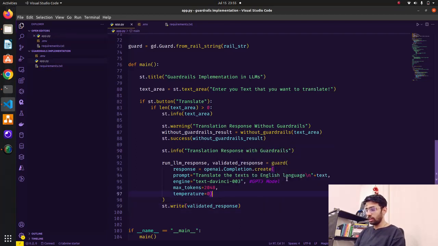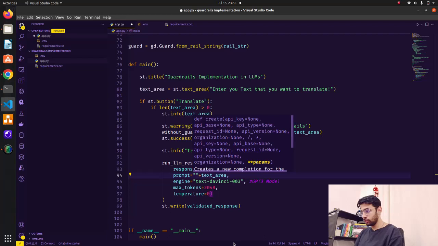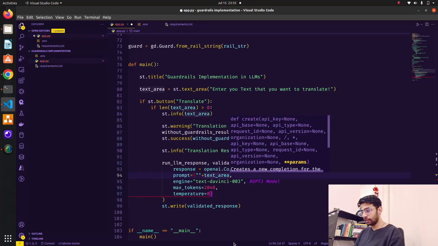So what I'm going to do here, I think we have to make these changes. This will not be text. This will be text area here, because that's what our input is, and we don't need this entire thingy here. So I'm just going to remove this prompt from now, and this will be, I think, excuse me, inside this.